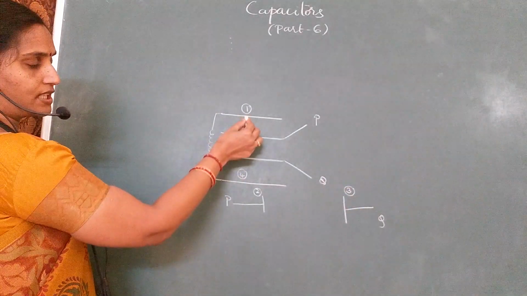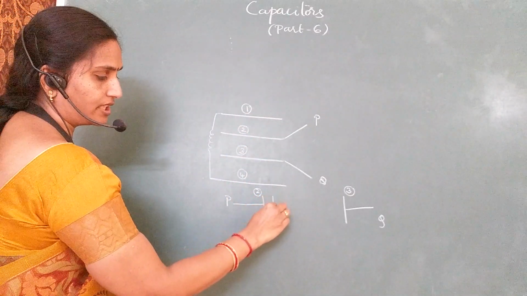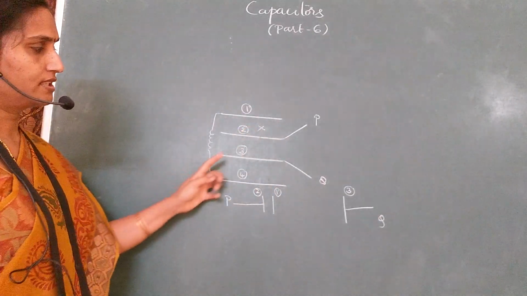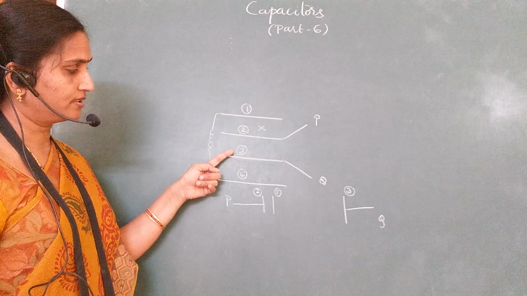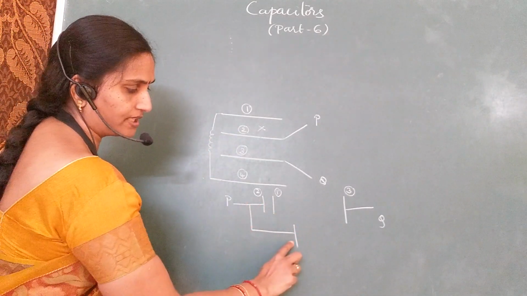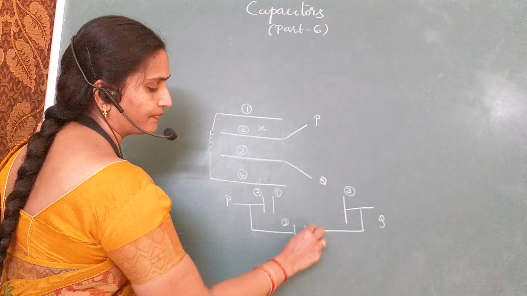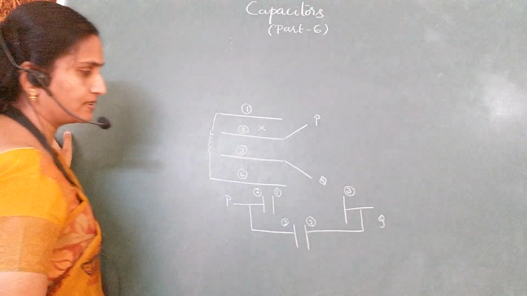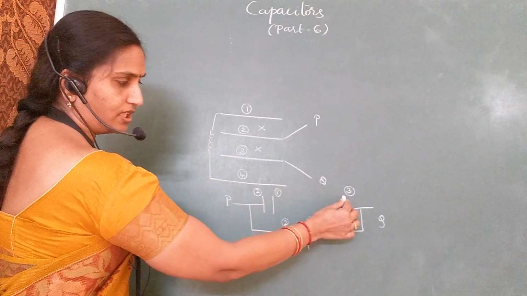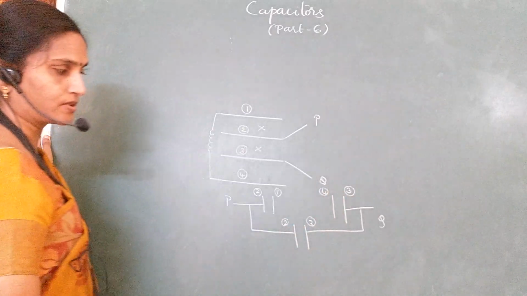Where is your first capacitor? Between 1 and 2. Since 2 is already existing, I will make this plate number 1. So this is completed. The second capacitor is between 2 and 3. Take one plate from 2, extending it, and another from 3. This is forming one capacitor. Then between 3 and 4 we also have a capacitance. 3 is already existing, so draw a line and name this plate as 4.